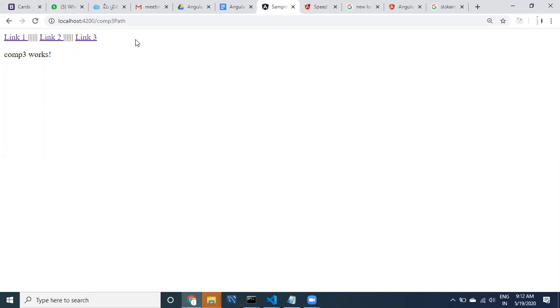These are the three links we can see here, link 1, link 2, link 3. Multiple links can be provided. Of course, we are displaying only this part. In the next example, we are going to use Bootstrap and other things, and we are going to use the same concepts.